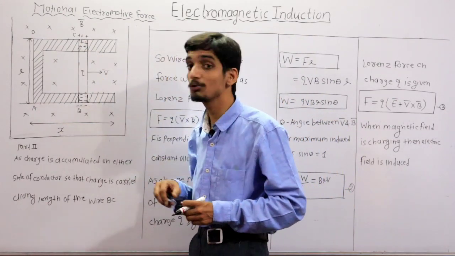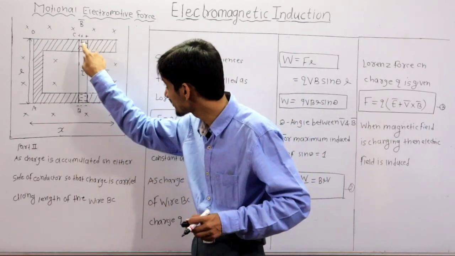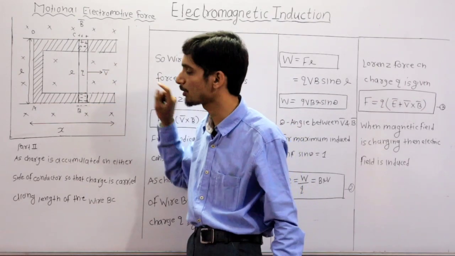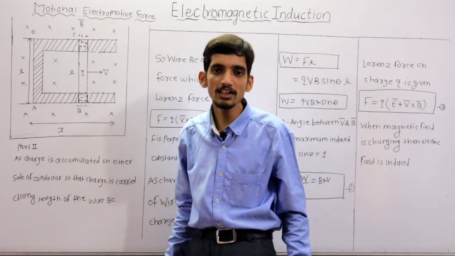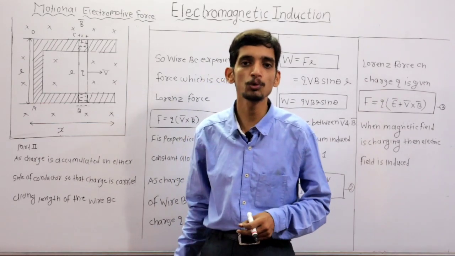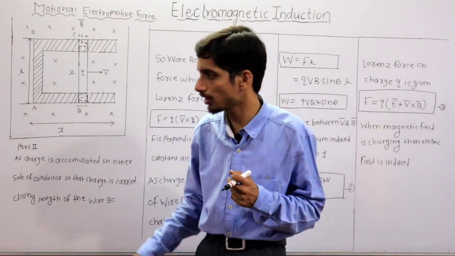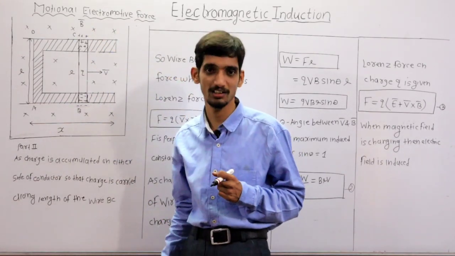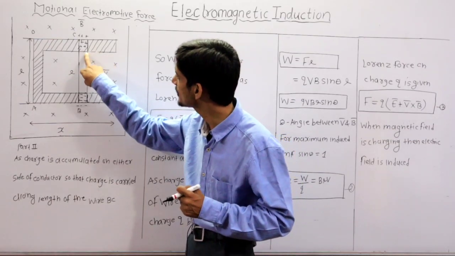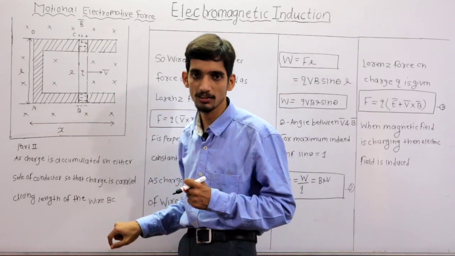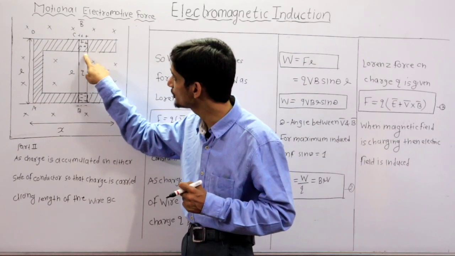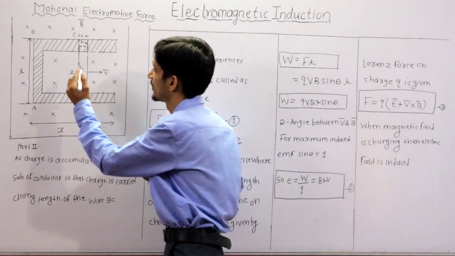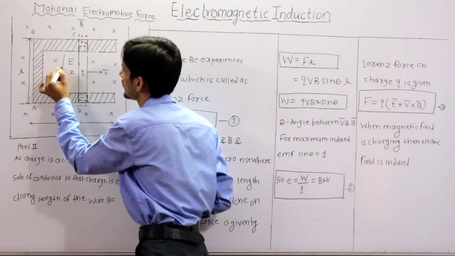As the charges are accumulated on this conductor, and the length of this conductor is L, and this conductor is moving because of this velocity, definitely the charges are also in motion, because this conductor is moving, so the charge is moving along the length of this conductor. As the charges are accumulated on either side of the conductor, positive charge at this particular point and negative charges at the bottom side of the conductor, an electric field is set up